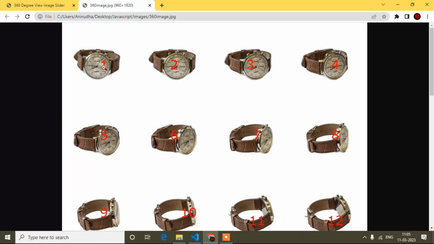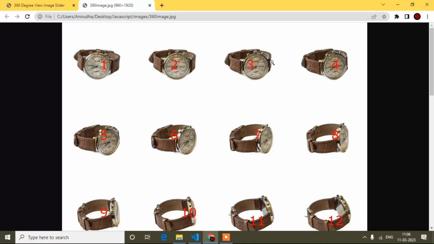Initially the first image will display. When I slide, it will display the second image, then the third image, so it will look like a 360 view. This is how we create this kind of slider. You can do it by dragging, or using a range slider, or using previous and next buttons.